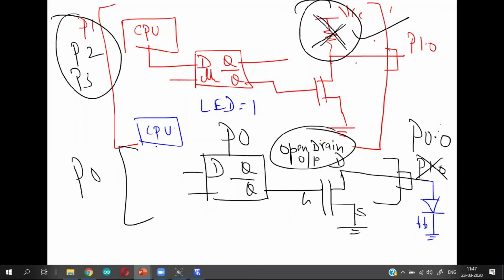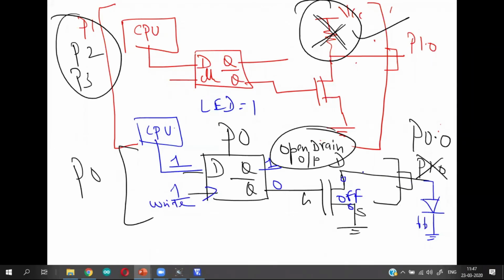When I put LED equal to 1, the CPU supplies a 1 here. This clock input becomes a 1 because that is a write signal. So Q output takes a 1, Q bar output takes a 0. This transistor becomes off. When the transistor becomes off, this switch becomes an open switch.